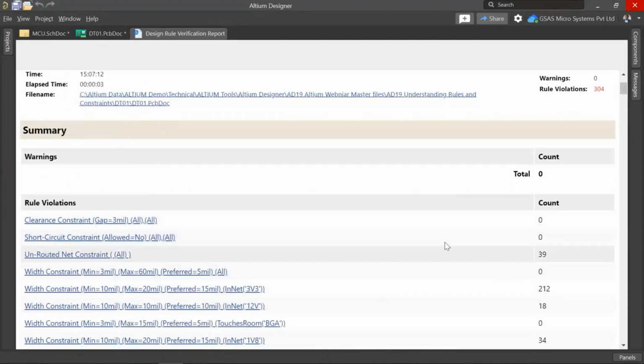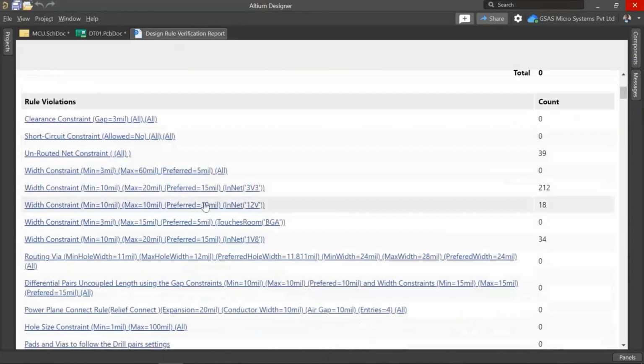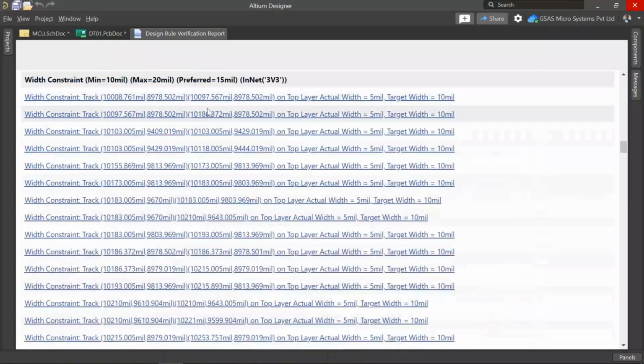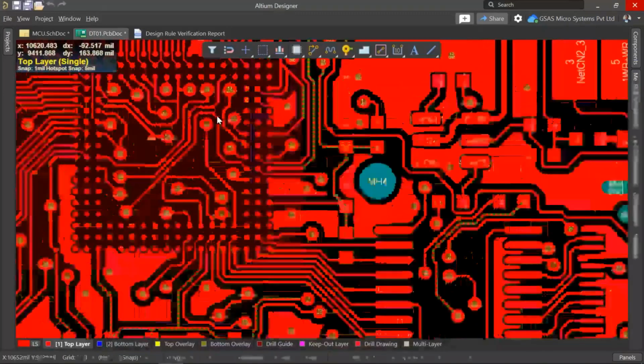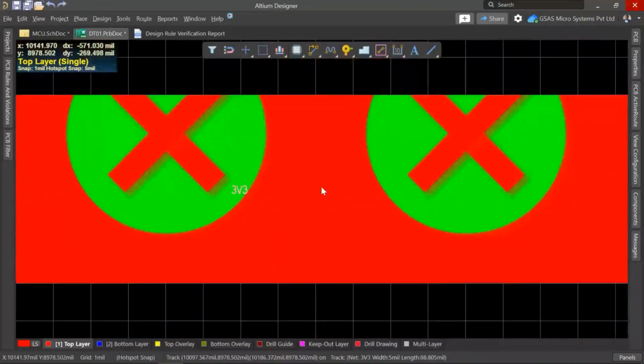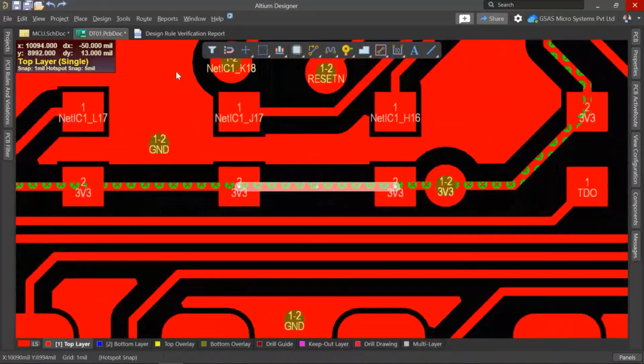You can see what rules have been checked and what is allowed. See, there are 39 unrouted nets, and we have got 212 width rule violations. You can see each category. If you click on this one, it will take you to exactly where the violation is, and if you click on that particular message, it will take you to the particular location, which will help you find it clearly. You can correct it on the go.